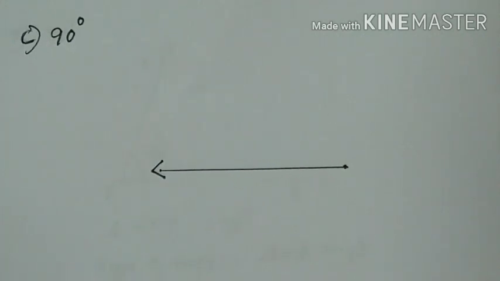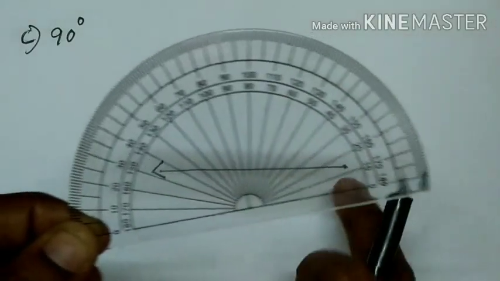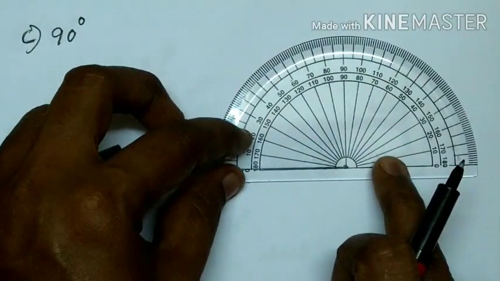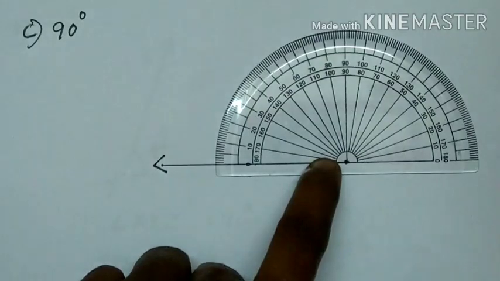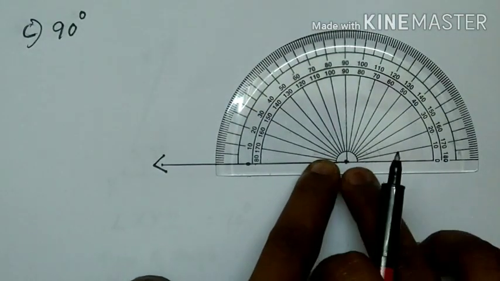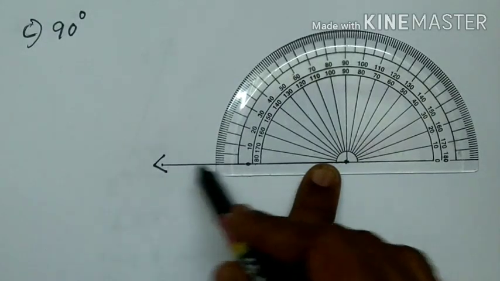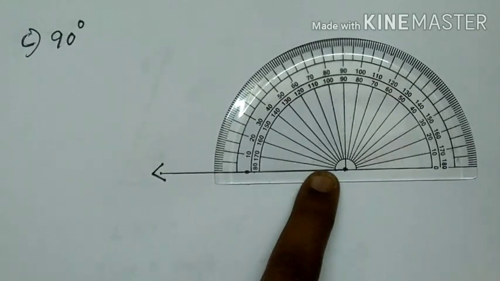Place the protractor. How can we place the protractor on the left side ray? See, the protractor, this is the baseline that you have to put on the vertex of the angle. So here I can place the protractor on the half of the portion outside of the ray. Okay, here the baseline is above the arrow mark. So in this, how can we measure the angle?